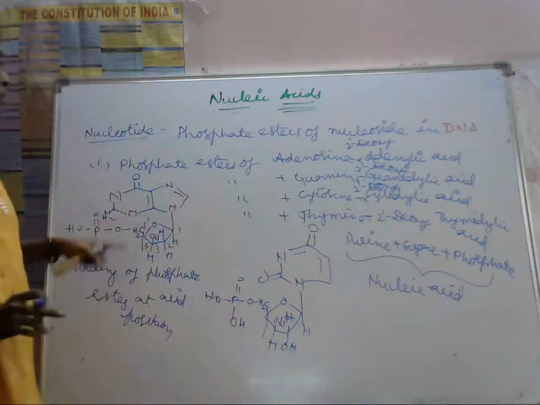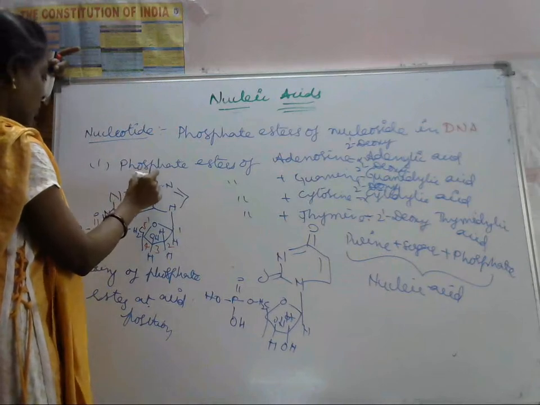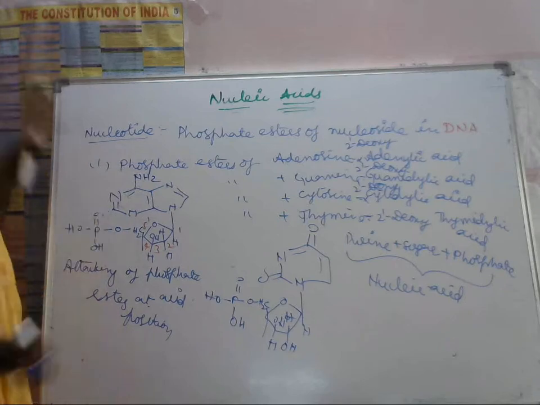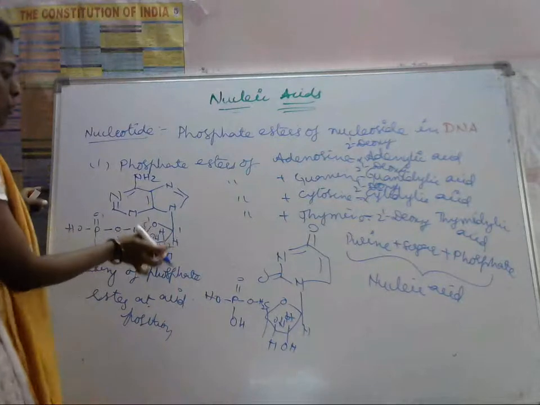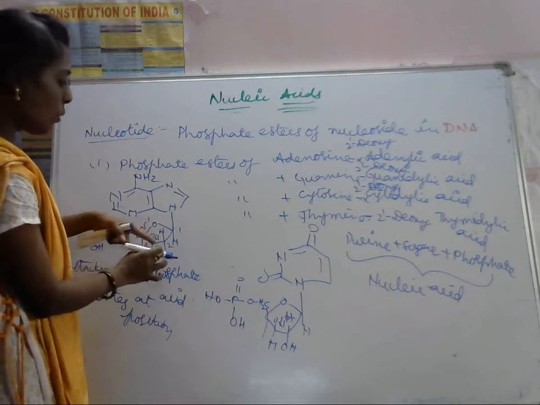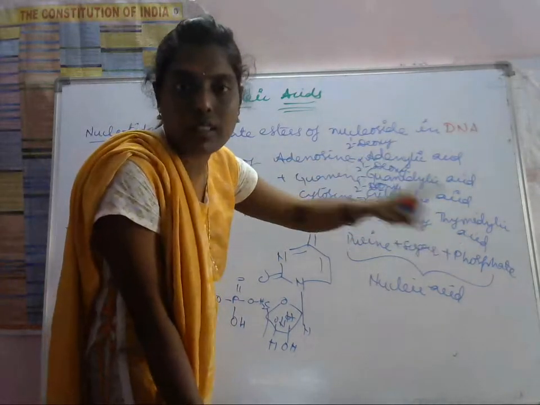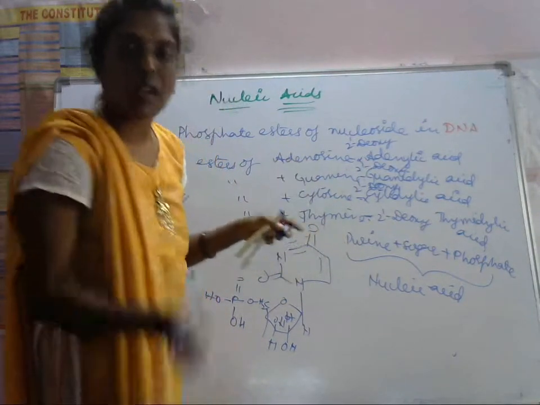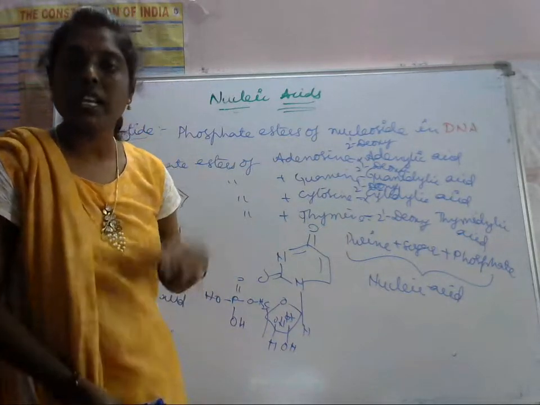This is a guanidine, so that's why it is this one. If you write this, if it is NH2, then it is called 2-deoxyadenylic acid. Because in the ribose sugar we are removing this oxygen at the second position, that's why it is called 2-deoxy. In every nucleic acid, if we remove the oxygen, then it is called 2-deoxy.